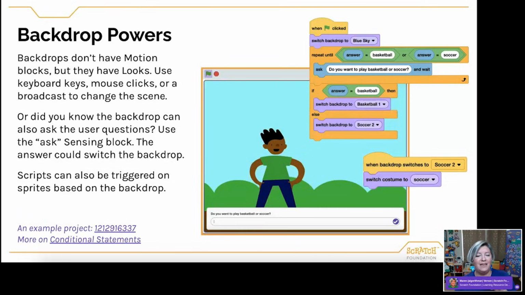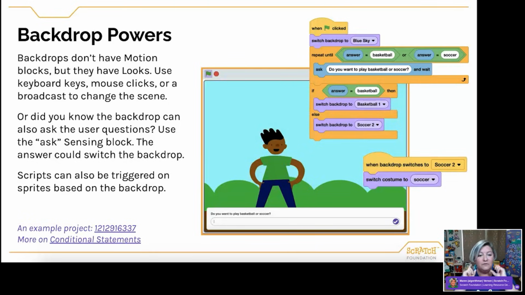I also will note that there's one thing I'm doing here, which you'll see: I'm repeating the question if I don't get one of the two expected answers that I want. I love to build in these sort of debugging opportunities when I'm working on projects. So if I didn't have that there, they could type anything in, the number 8, a semicolon, football stadium, whatever they want to type in. I guess I should clarify American football or football elsewhere in the world, right? Because we do have soccer here.